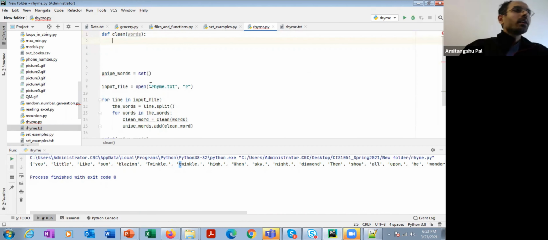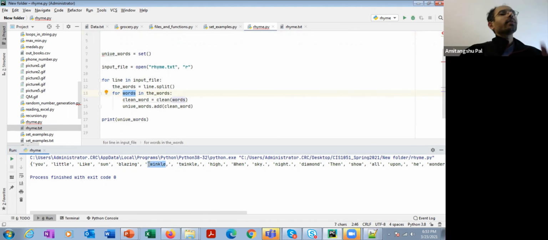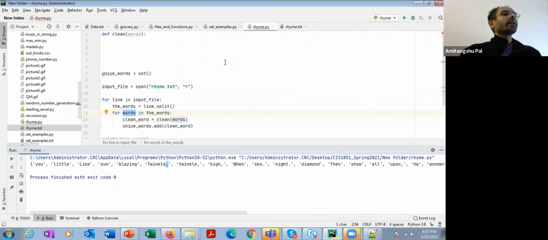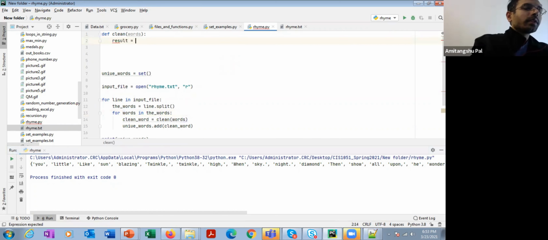This word is basically a string. "Twinkle," with a comma is basically a string. So I need to check whether the string consists of only alpha characters, or only alphabets or not. Everything that is not an alphabet, for example comma and full stop in this case, will be ignored. So I'm going to read the string character by character, and I am only going to consider the characters that are alphabets.